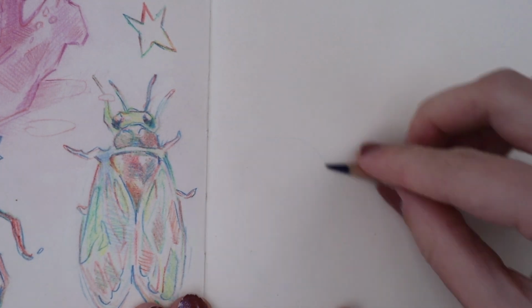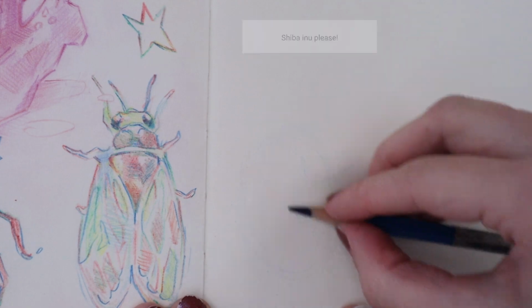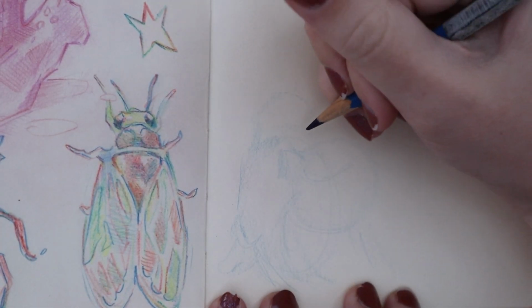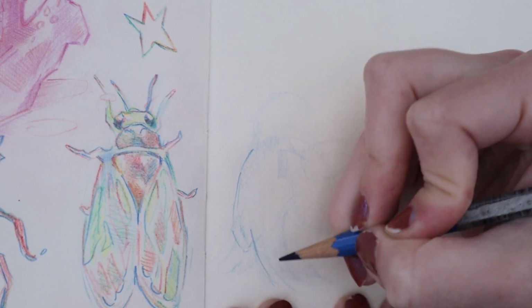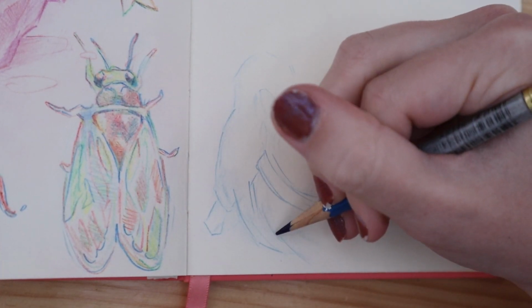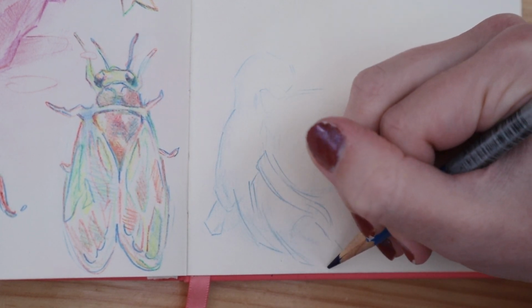Next, somebody suggested to do a Shiba, and I got a few different dog suggestions. I got a corgi, someone said to draw my own dog, and I wasn't sure which one to do. I didn't want to do too many dogs, even though I love drawing dogs. I wanted the spread to be a bunch of different things, so I ended up going with the sheep, and